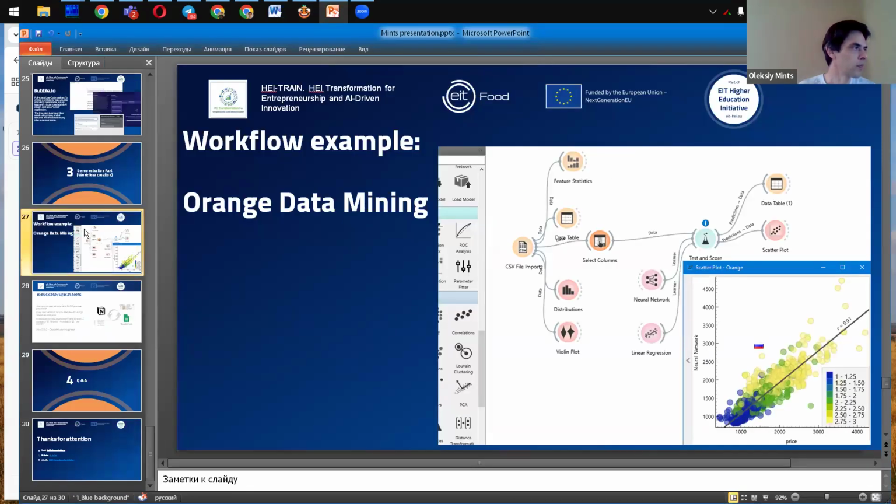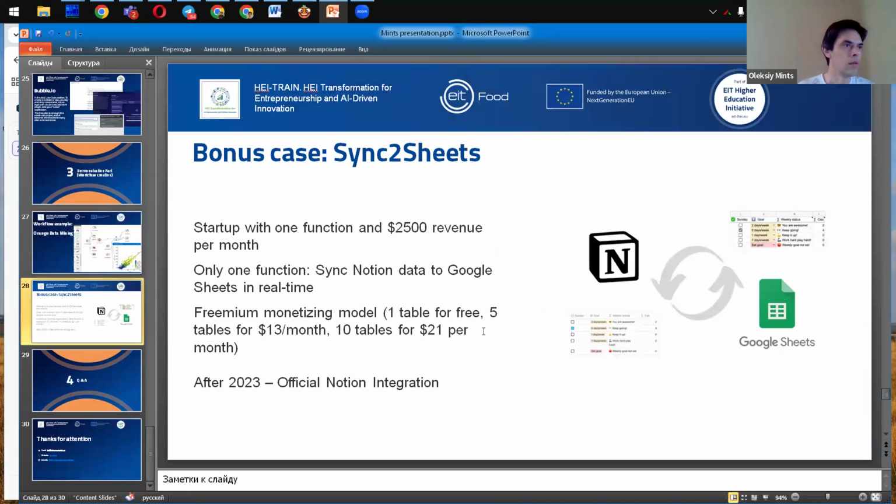So, maybe one bonus case for this presentation, and that's all. In this bonus case, I want to talk about a startup idea. A very simple startup idea, which has only one function: synchronizing data in Notion and in Google Sheets.